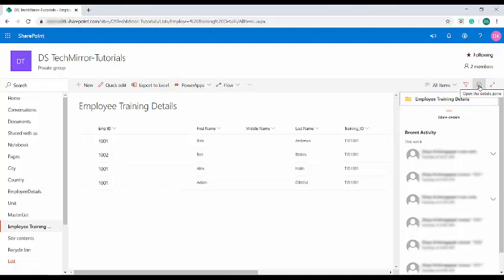This particular feature, which is provided by Microsoft, helps us quickly edit the information present in the lists and libraries. But this is also a hindrance to all the lists and libraries which maintain sensitive data and don't want the users to bulk edit and alter the important information that is being maintained. So in that case, we do not want this feature because it is not that flexible like our classic SharePoint